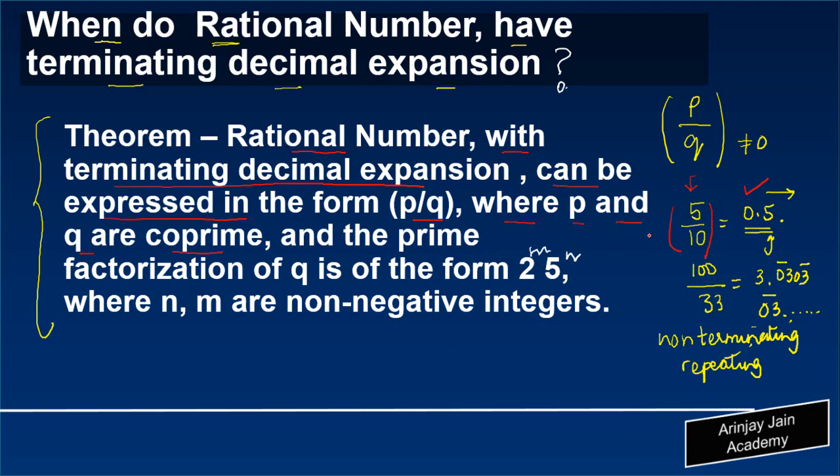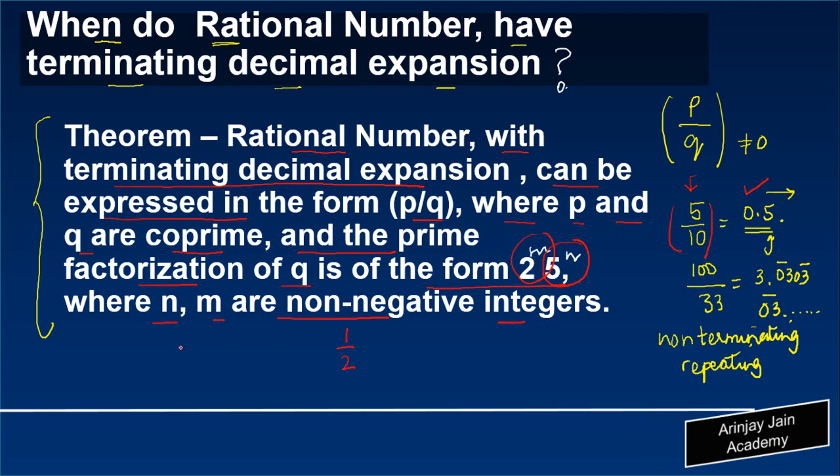The answer is no, because 5 and 10 can also be divided by 5. So it could be 1 upon 2. And the prime factorization of q is of the form 2 to the power m times 5 to the power n,